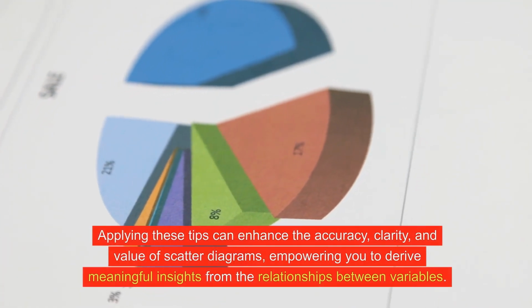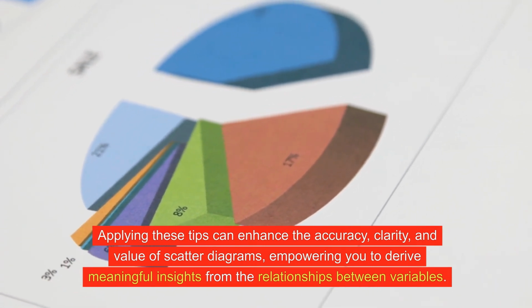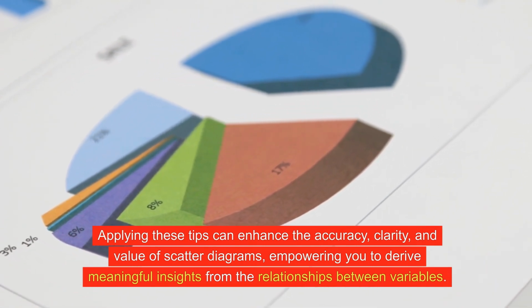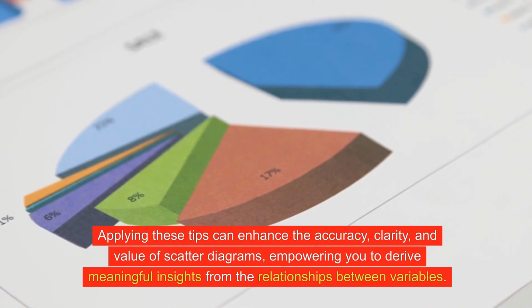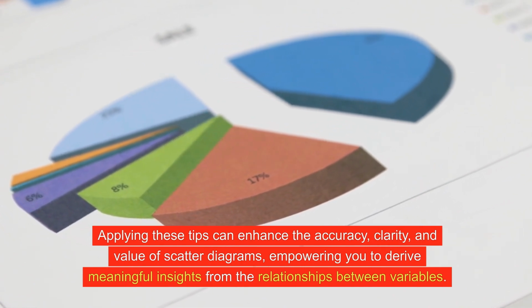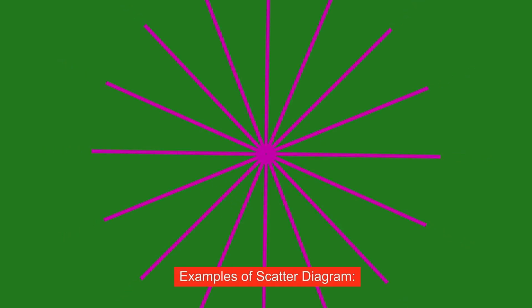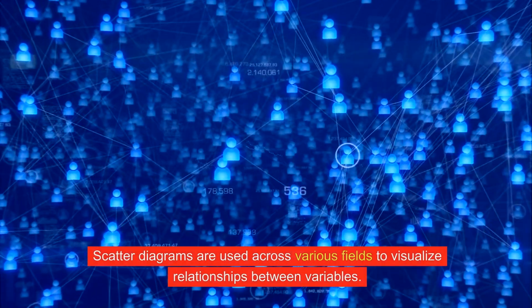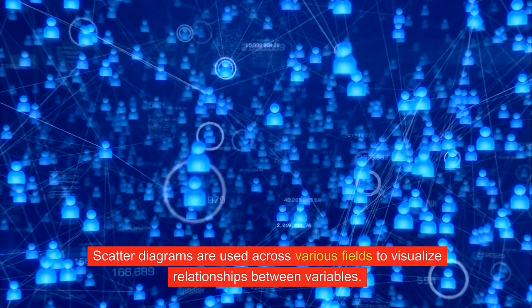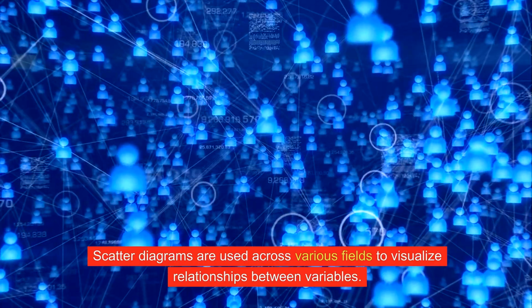Applying these tips can enhance the accuracy, clarity, and value of scatter diagrams, empowering you to derive meaningful insights from the relationships between variables. Examples of scatter diagram. Scatter diagrams are used across various fields to visualize relationships between variables. Here are a few